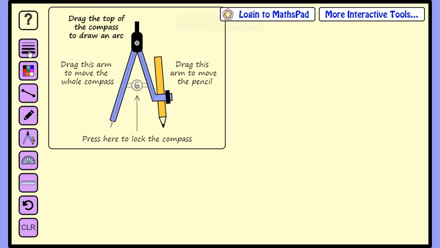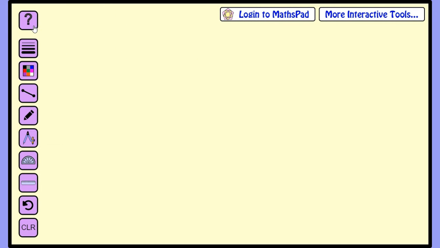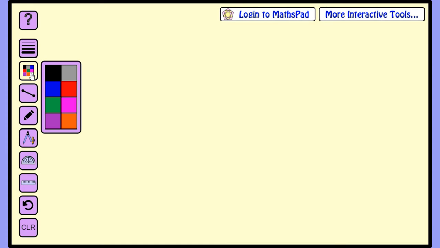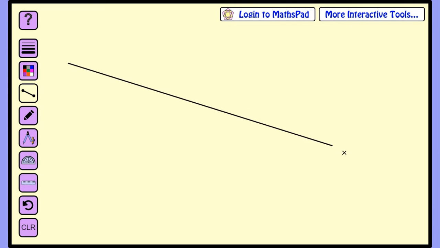After that, what you're going to do is first click on this. If you are new to this website, you can just check how it works. After that you can select the thickness and the thinness. This is the maximum and this is the thinnest. So I am choosing the middle one, and these are the pencil colors which you can choose. This is the line segment.